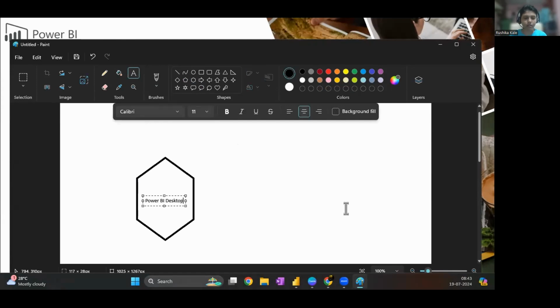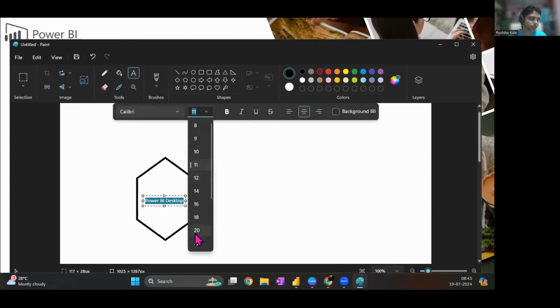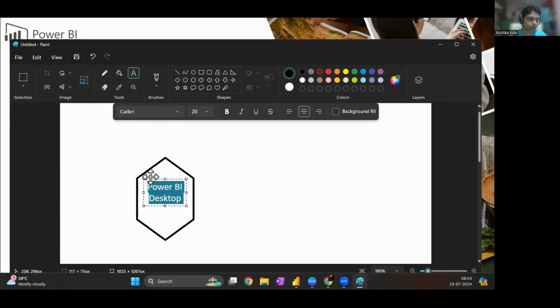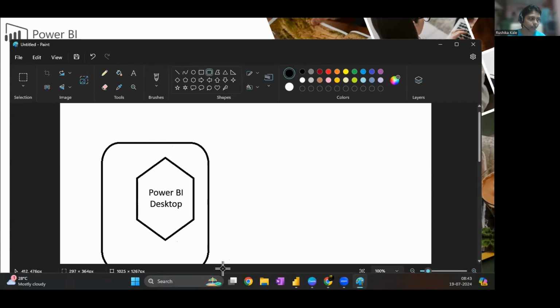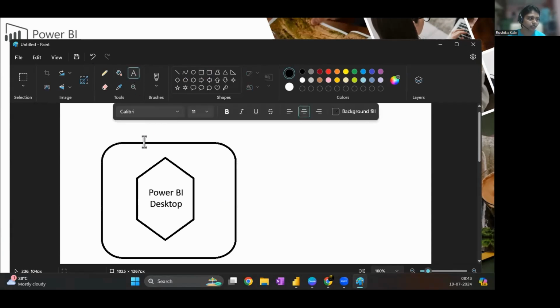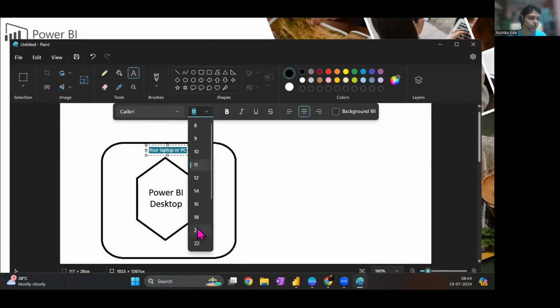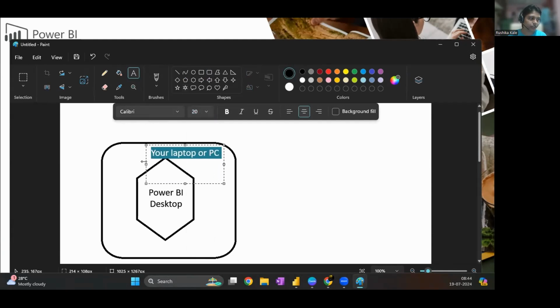And as the word suggests, Power BI desktop represents a software which is for desktop. Okay. For your system, your laptop, your desktop, and overall any system you have at home. So this is overall Power BI desktop that you are going to store in your system. So this is your PC, this is your laptop or PC, suppose. And in this system or laptop, you have installed Power BI desktop right now.